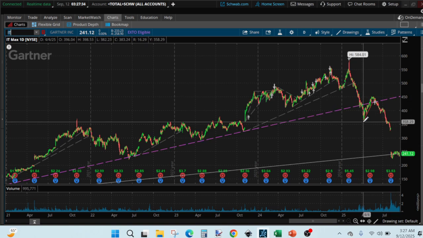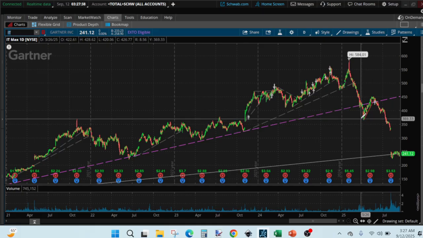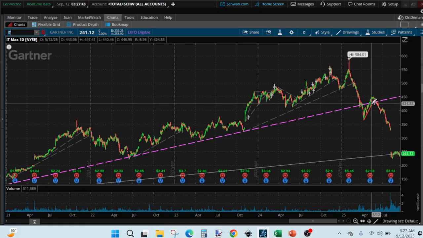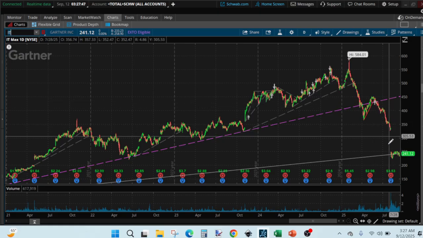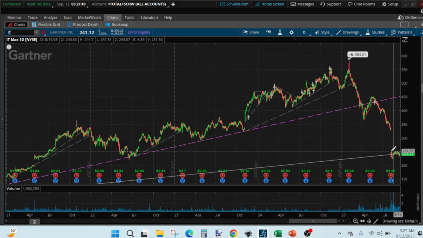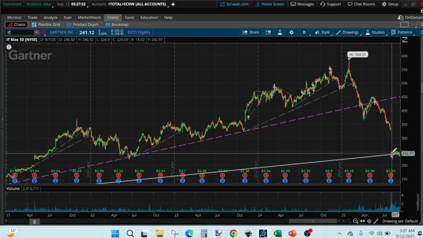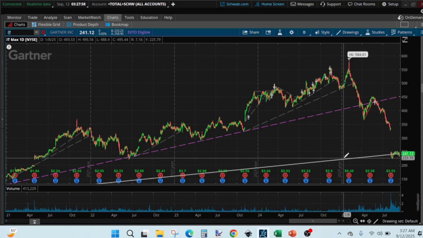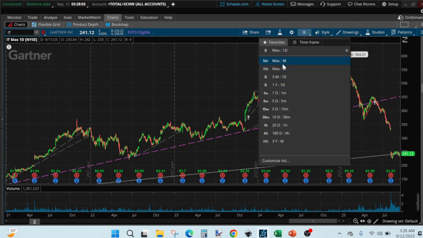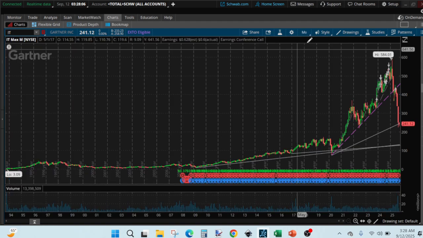So it pulled back to it, and when it started going up, we started having higher lows. That's what makes the trend upward trending. We purchased it, but then it pulled back and gapped down to this level and is resting there. We might want to buy some more, but I'm not sure because this line does not have much history. The way I can look at that line better will be to go to, I think